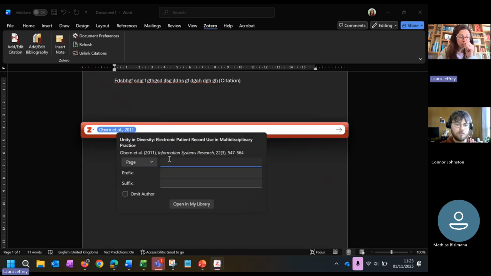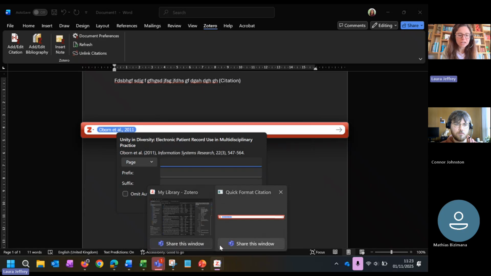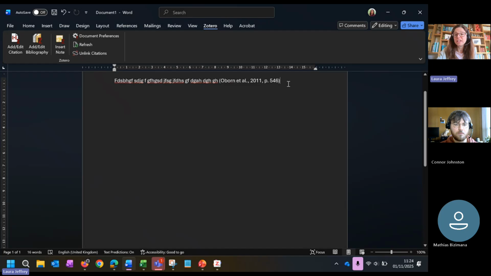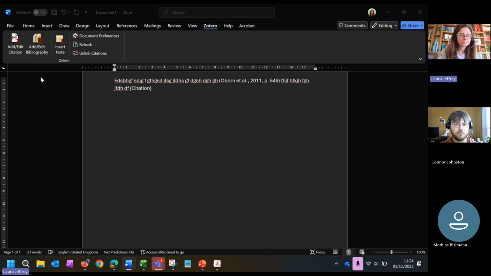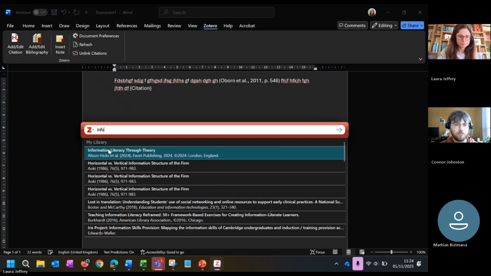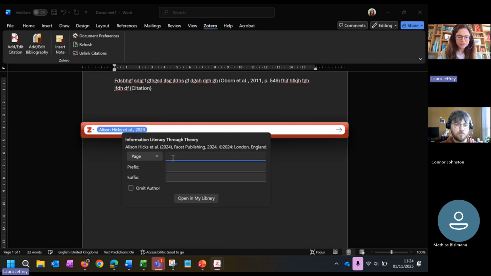Now it might be that I remember that that was on a particular page. I could go back and check, or I could just remember that maybe it was page 556, for example. And I can add that in. And there you can see a citation has appeared already. I might then want to add in another citation. In this case, it was page 3 maybe,